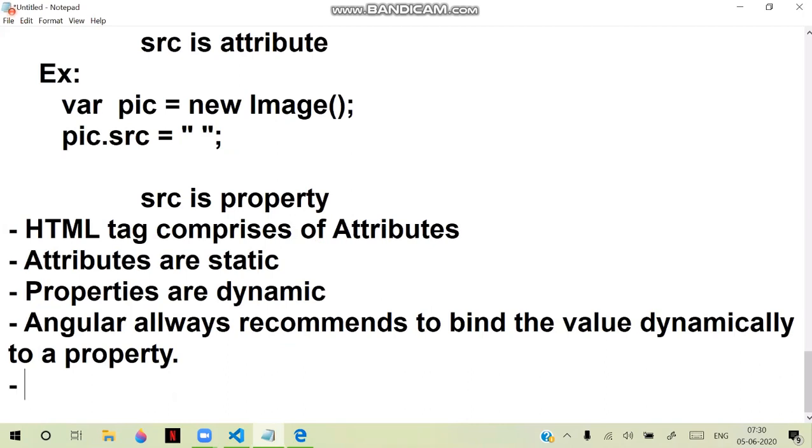So Angular technically allows you to bind to attributes, that I will tell you how we can bind to other attributes. Generally, when you are dealing with